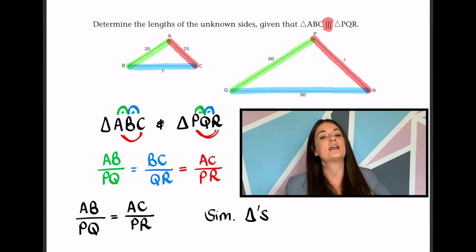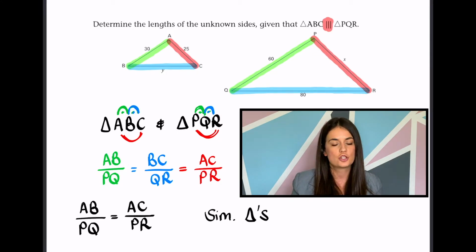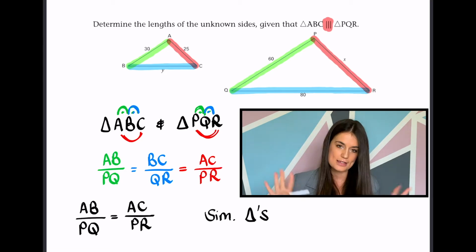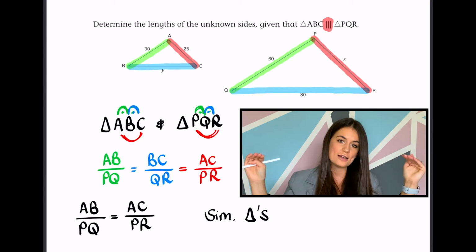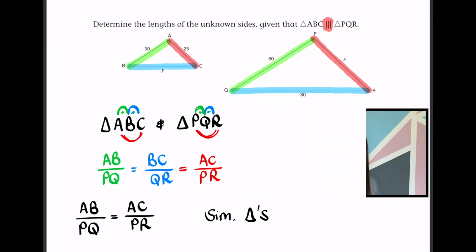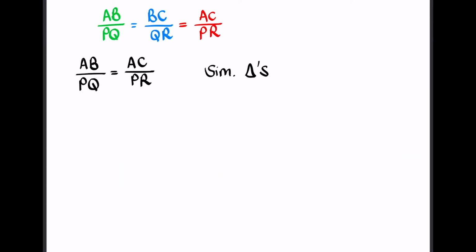All right? We could have all the big triangle over all the small triangle, but you can't have small triangle over big triangle over small triangle. So I wouldn't be able to say AB over PQ is equal to QR over BC, for example. So I have to keep the small triangle at the top, the big triangle at the bottom. All right, so now that I've concluded that AB over PQ is equal to AC over PR,